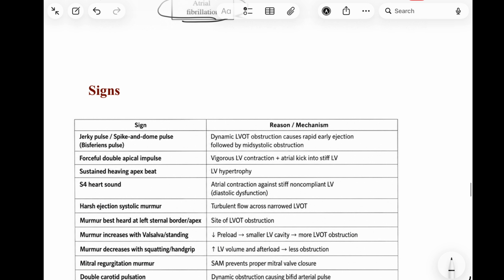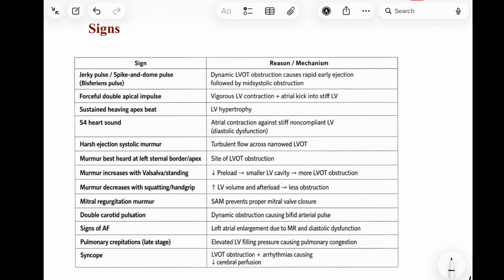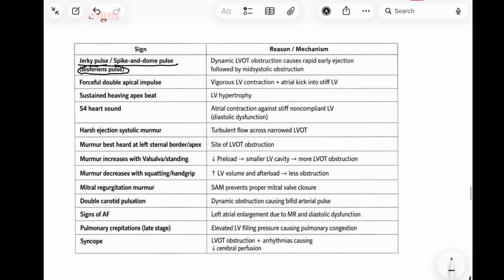Now let's study about the signs of this HOCM. About the abnormal signs, we get jerky pulse and spike and dome pulse. We call it a bisferiens pulse. Now understand, this is what we get in HOCM. Now the first spike is due to LV contraction, and the second spike is due to dynamic LVOT obstruction,